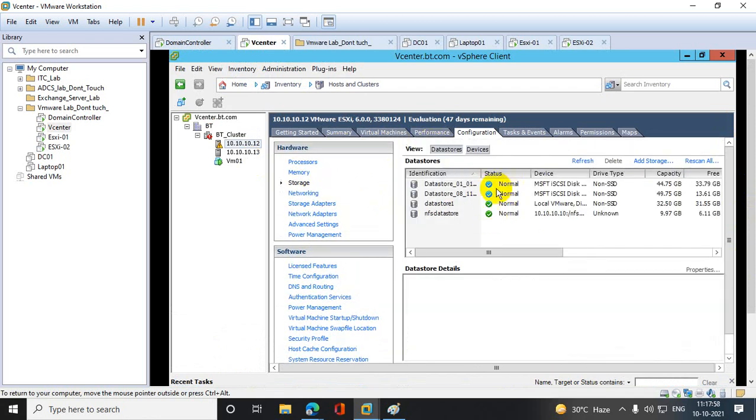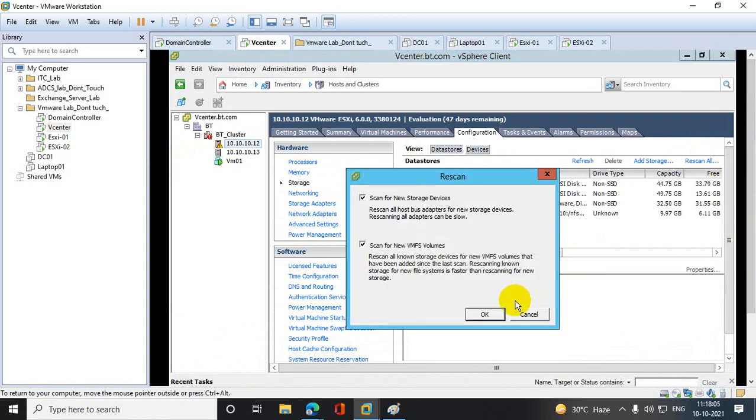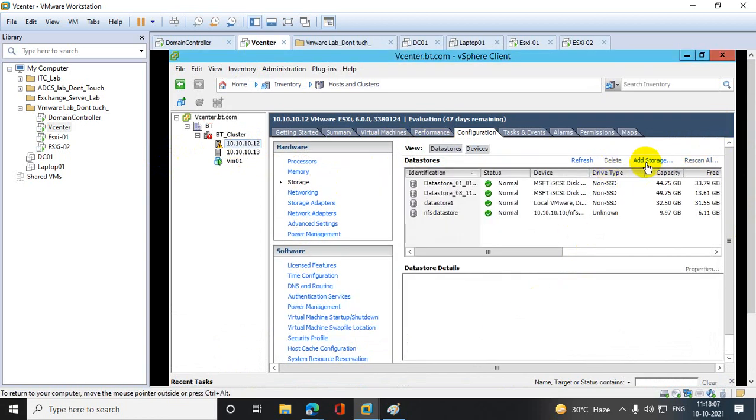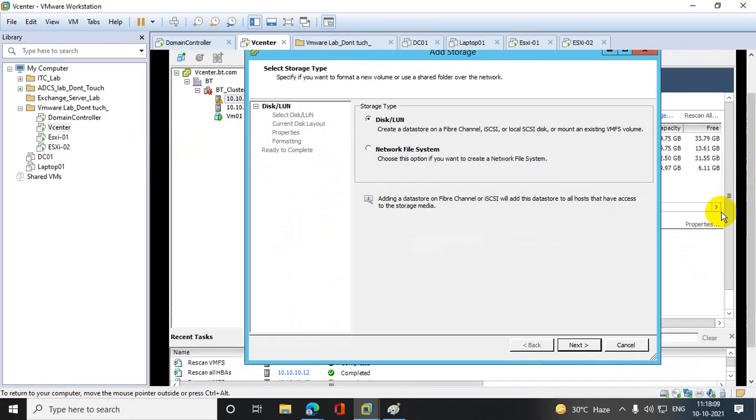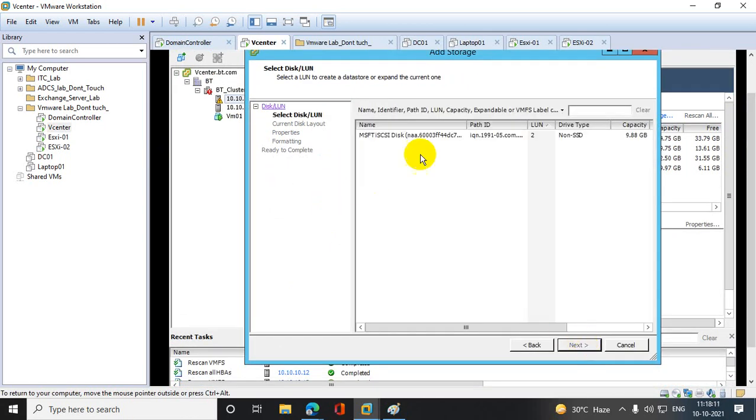Okay, so this part is fixed. Now see whether that 10 GB space is available or not. So let's say rescan all and add storage. 10 GB is available, 9.88 GB.